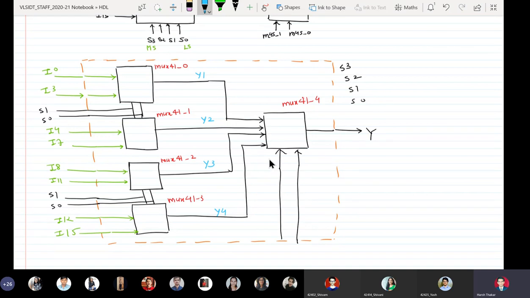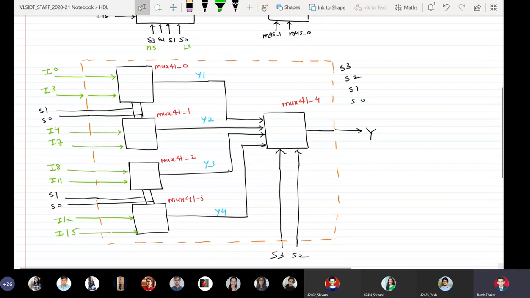The 16 inputs of the multiplexer have been divided into groups of 4, and each multiplexer at the first level is receiving 4 out of 16, and the select lines also have been defined. Here I have not defined the select lines, so I will define them. They will be S3 and S2. Okay, now we have to convert this particular diagram into our ISE model.